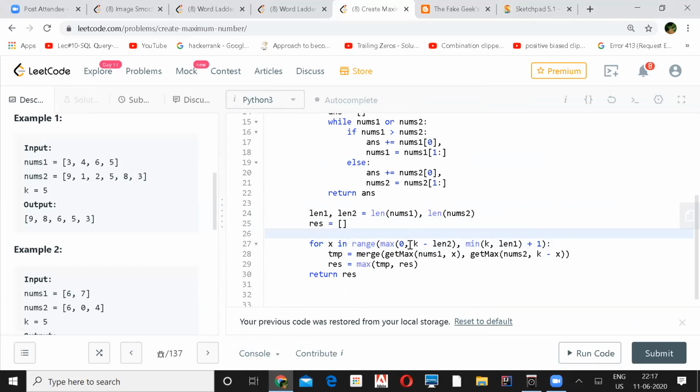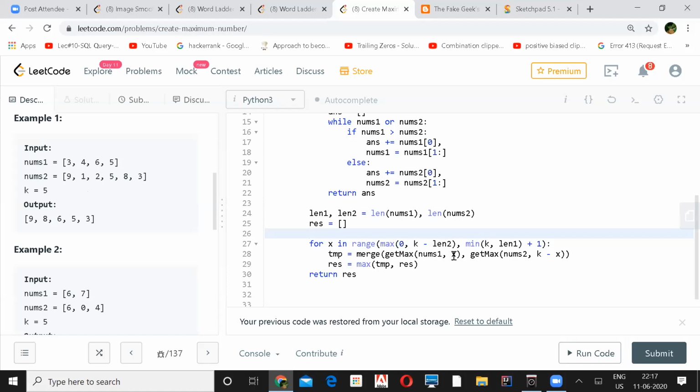Let's say if your length 2 is greater than your k, then you'll hit a negative. Your k is 5 and length 2 is 6, so it will be -1. So we take the maximum of these two, which is 0, and go up to the minimum, k or length 1, whichever is the minimum here.